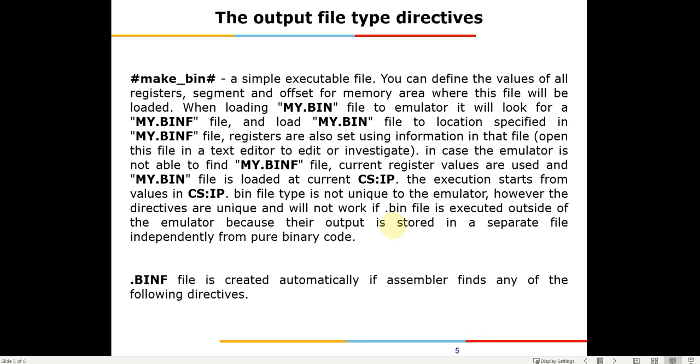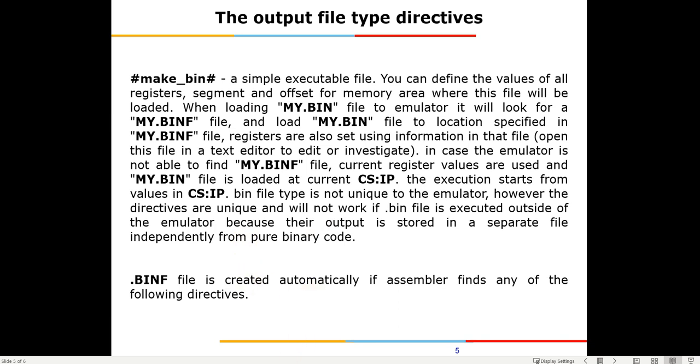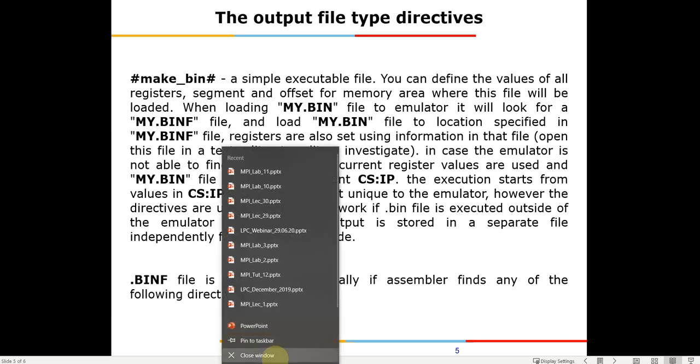When you are writing a big program where you need total control of the memory which is available to you, then you can use this kind of format to specify everything and take total control of the memory location. So these are the three types of files which are generally used in the emulator.